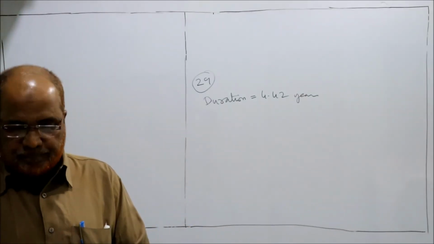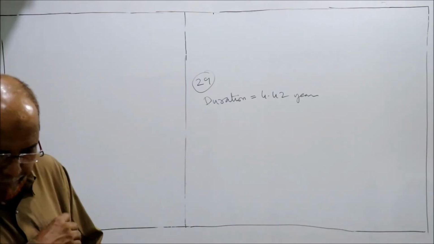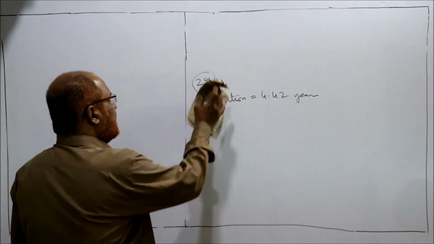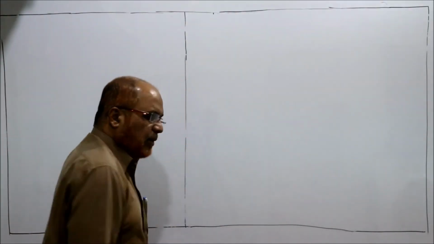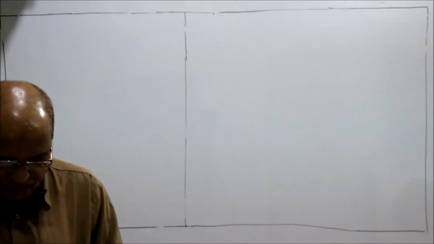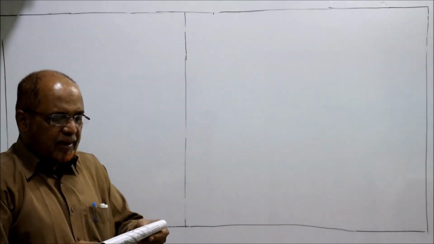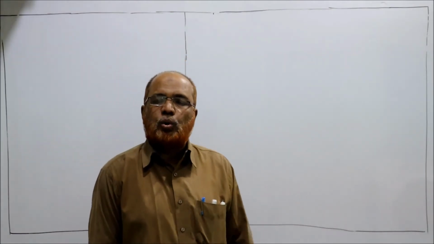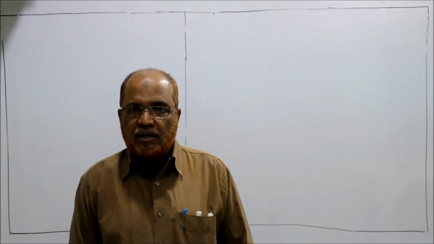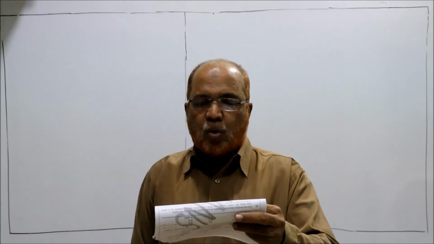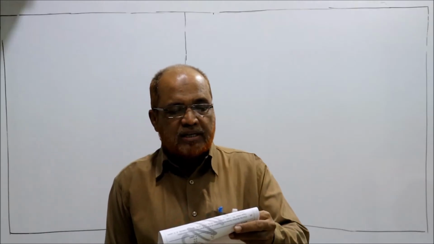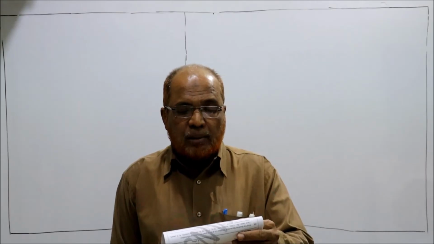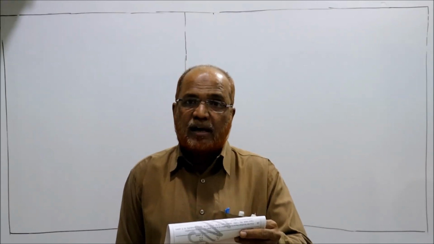Now problem number 30. So you have taken 4.42 years for the 29th problem. Now problem number 30. A bond is available at a price of rupees 102. Bond is available at a price of 102 means it's a market price. The bond has a coupon of 15% and matures in 20 years. Maturity period 20 years. The bond is callable in 5 years at rupees 111.